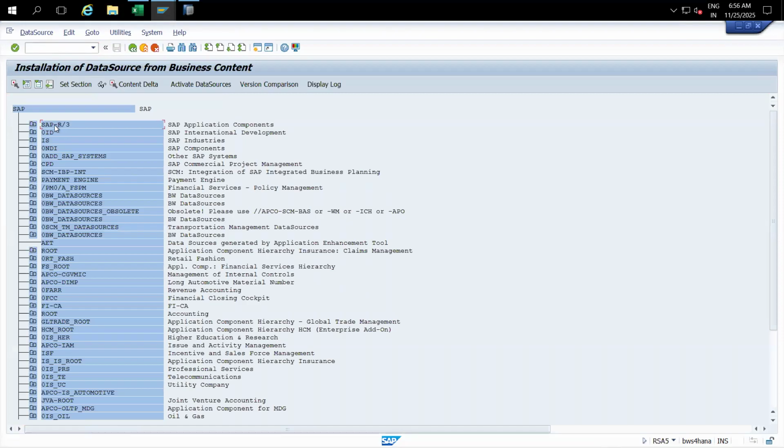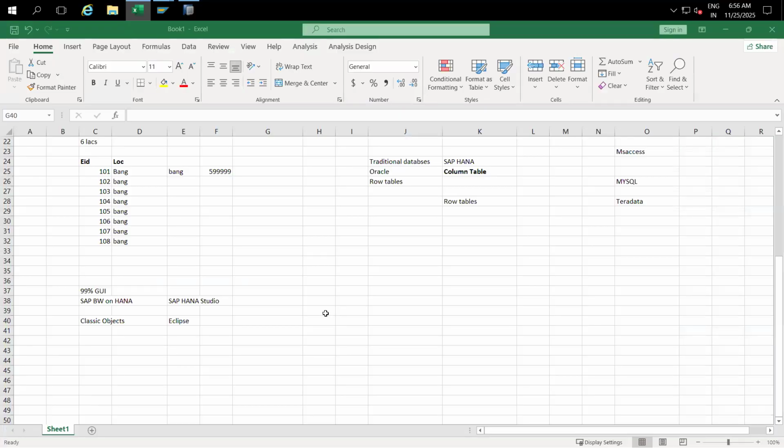R3 means three-tier architecture. SAP R3 means three-tier architecture. Three-tier architecture means like